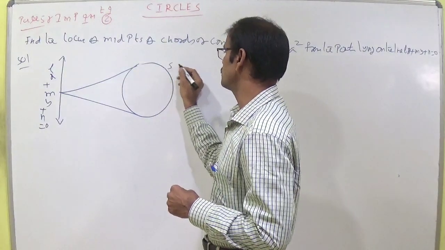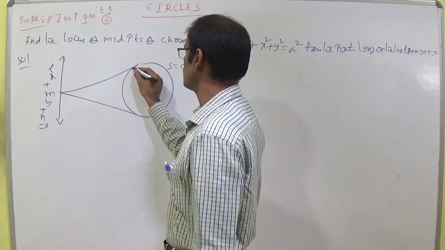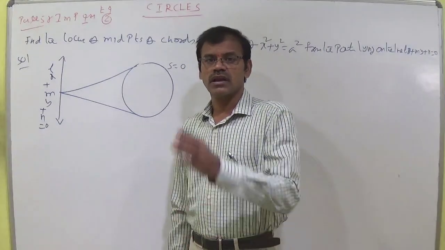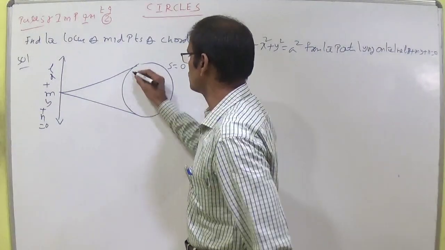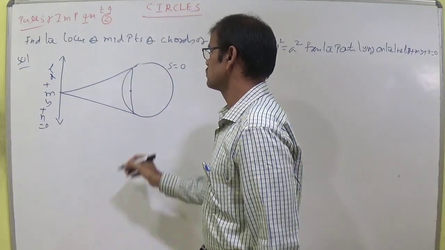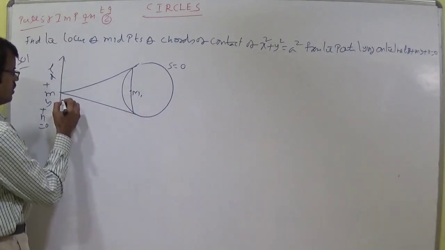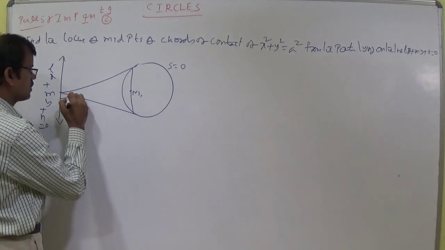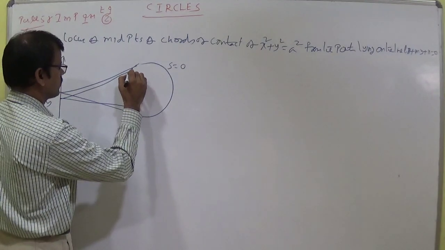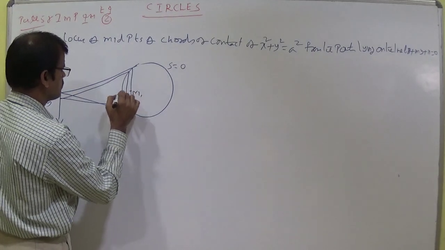S is equal to 0 is the given circle. The tangents intersect the circle in two distinct points, and the points of contact will be formed. The line segment joining the two points of contact is called the chord of contact. Put the midpoint here, maybe midpoint M1. In the similar way, using another point, draw a diagram like this. This is a chord of contact. This is M2, the midpoint.